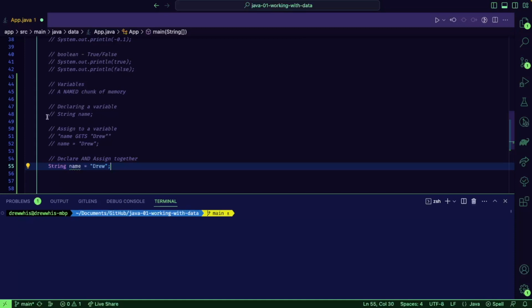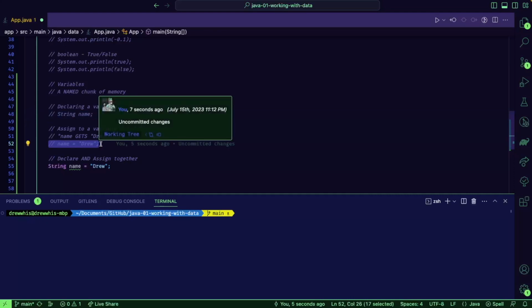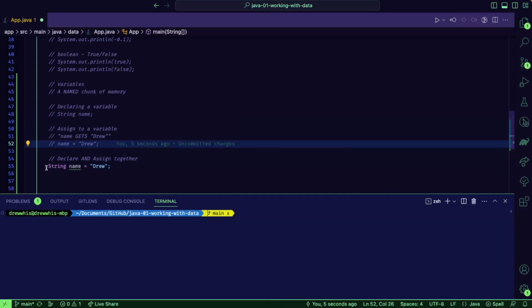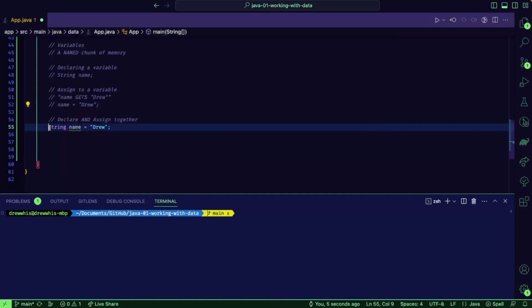Now notice when I declared a variable, that was a statement, so it had a semicolon. When I assigned to a variable, that was a statement, so it had a semicolon. And when I declared and assigned together, that was also a statement and had a semicolon. So that's kind of how we get started with